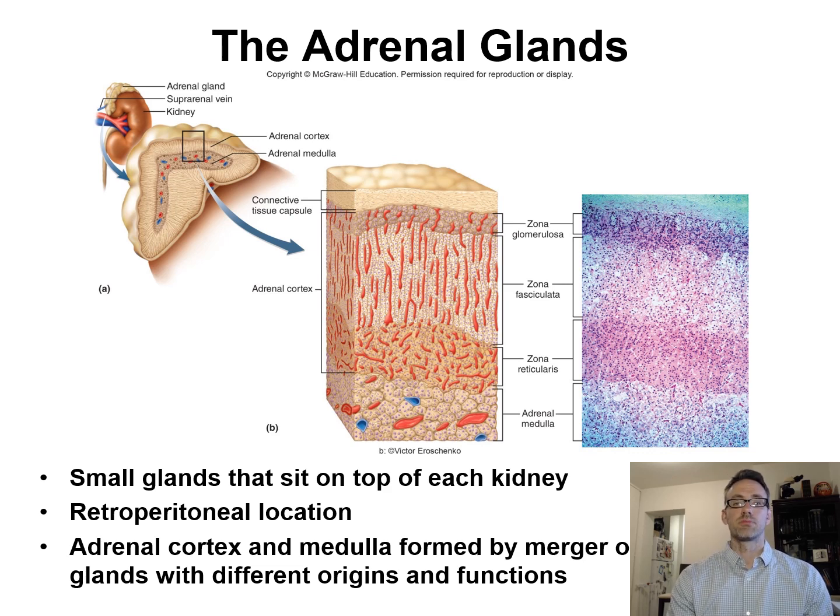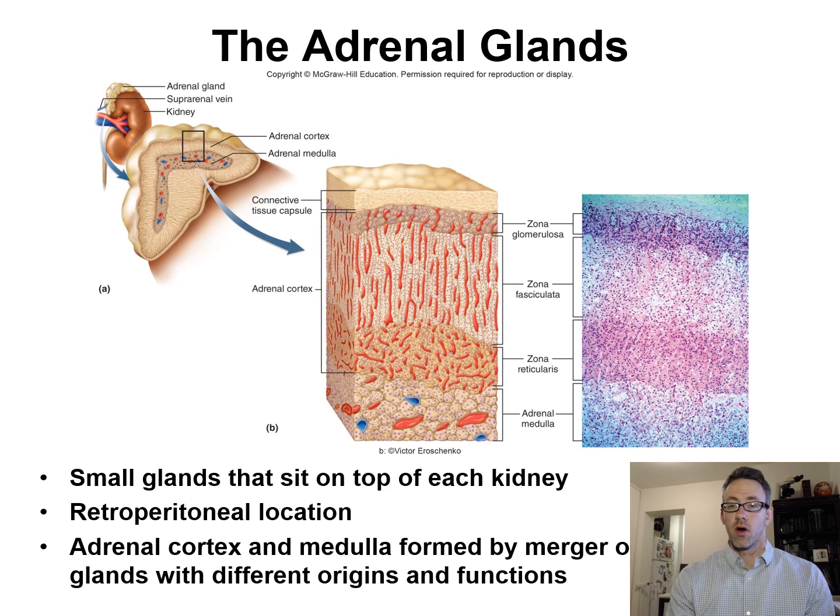And the outermost portion of the cortex is called the zona glomerulosa. And then over here, this thicker portion in the middle is called the zona fasciculata. And then down here, this is the zona reticularis. So these three zones actually comprise the adrenal cortex. And so we're going to be talking a bit about the adrenal cortex in this lecture and the hormones that